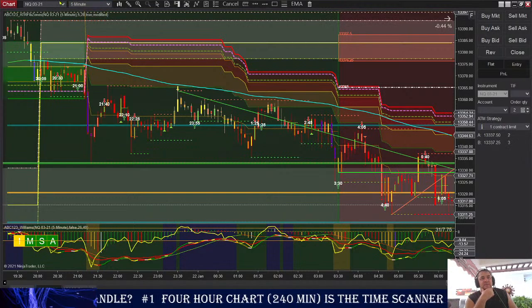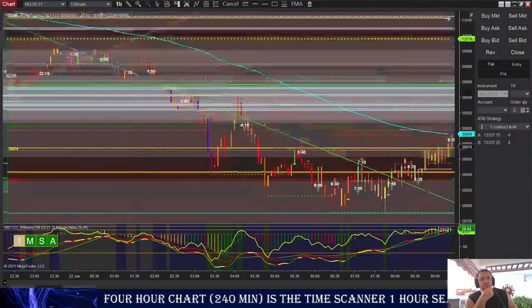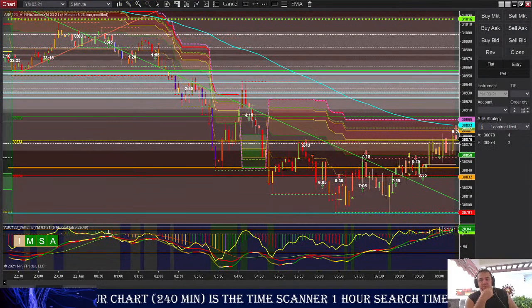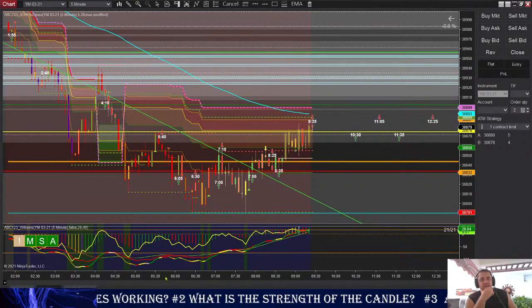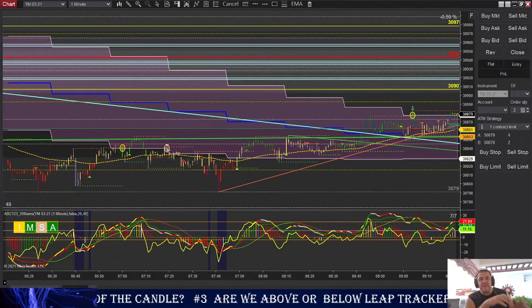Okay? Let's get back to YM though, because I was just showing you something on YM. Now we have tighter gaps, but look at all this resistance, guys. It's not even funny. We got a double bottom here in the zone point of control. Okay? And look, this thing is creeping up slowly, but there's nothing really nice to look at. Now when we get to the last minute here,